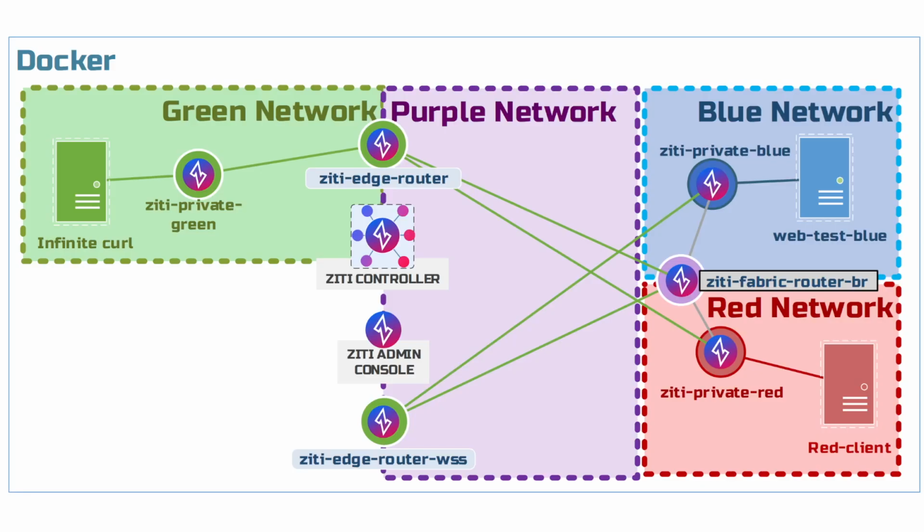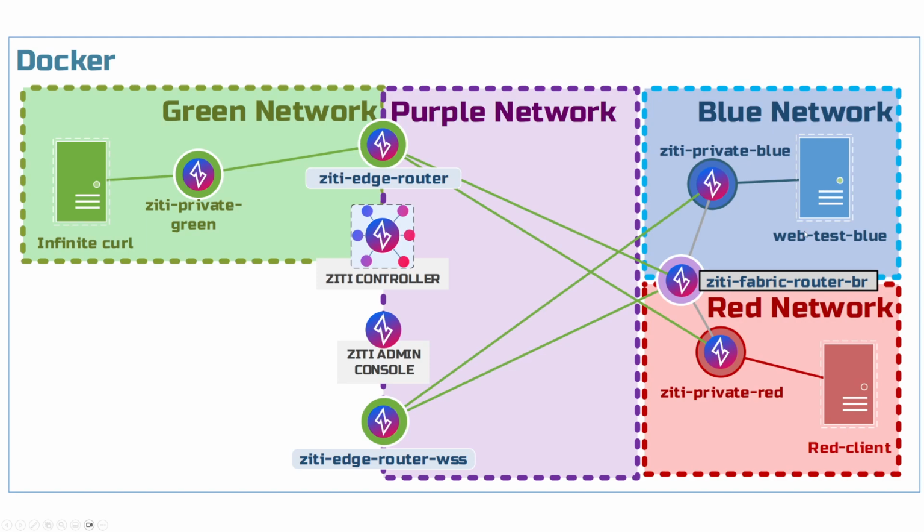So they're looking to add this ZD Green network to their Docker Compose, and they want to use this complicated environment. And so that's what this is going to do. It's going to create a ZD private green router, run it in tproxy mode, run it as a tunneler. And the reason we'll do that is so that this infinite curl container will be able to use this ZD private green router as the network for the infinite curl, giving it intercept capabilities. So we'll be able to do an HTTP to